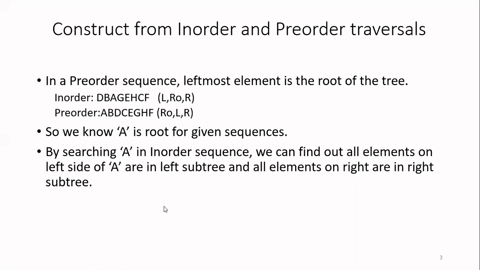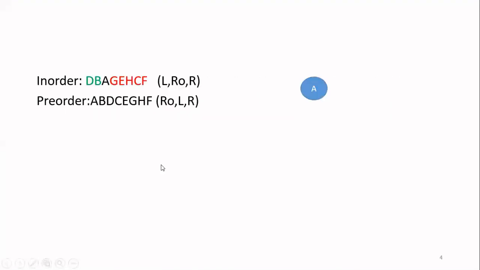So now we are going to proceed with the tree construction. First, I have identified the root node now. The root node is A. So draw A. After that, the green color represents the left subtree and the red color represents the right subtree. Then what is my next step? I have identified the subtrees of A. Now I can draw the subtrees of A. Then after that, I have to repeat the same step for the subtrees separately. Do it for the left subtree separately, then do it for the right subtree separately.